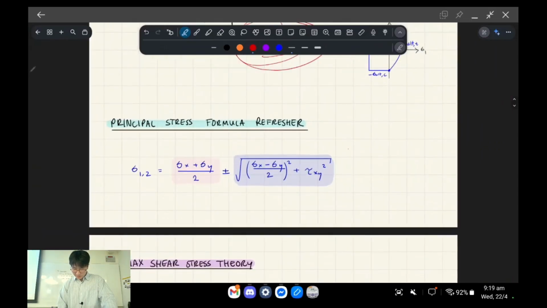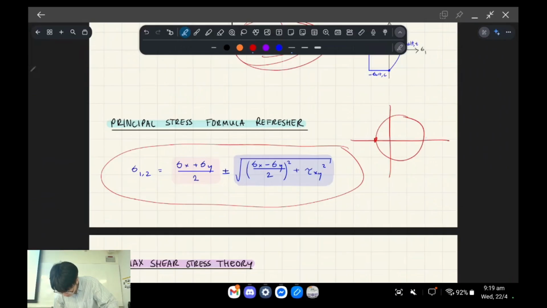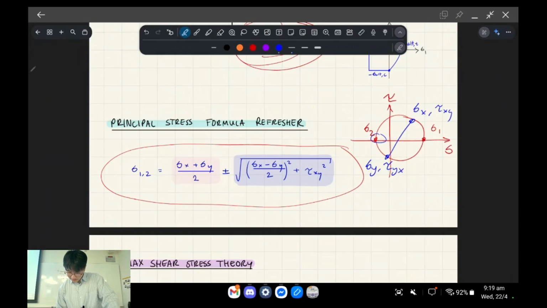So I want you to quickly remember this formula. This is from the week 2 topic, stress, and it's where you're finding the principal axes. Let's say you've got a Mohr circle that looks like that. Finding stress 1, stress 2. Okay, so this is stress, and then this is strain. No, that's not right. It's that one. Yeah, and you've got just 2 random points. Let's call them that and that. Okay. You're trying to find these points here. So maximum and minimum principal stresses, right?